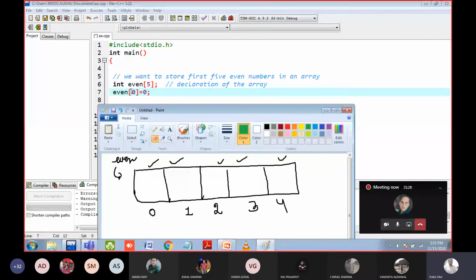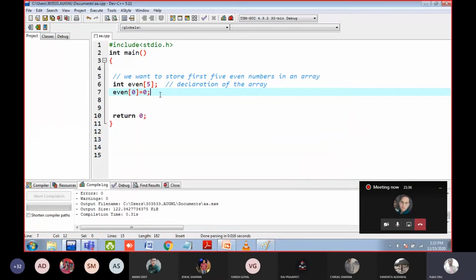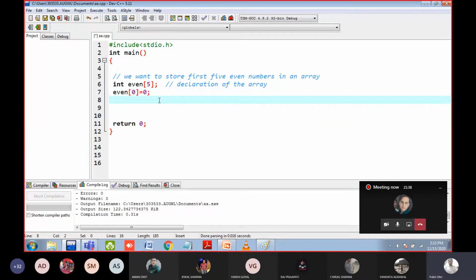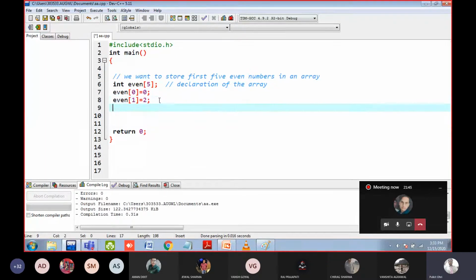After I have written this line number 7, the computer will fill number 0 at location 0. Now what do I need to do here? I want to fill the second location. Second location means 1. Then fill the second even number, then fill the third even number.